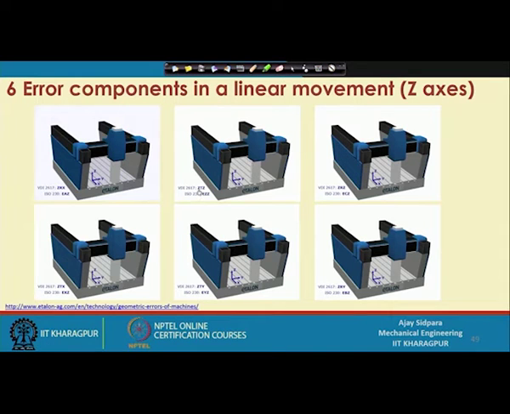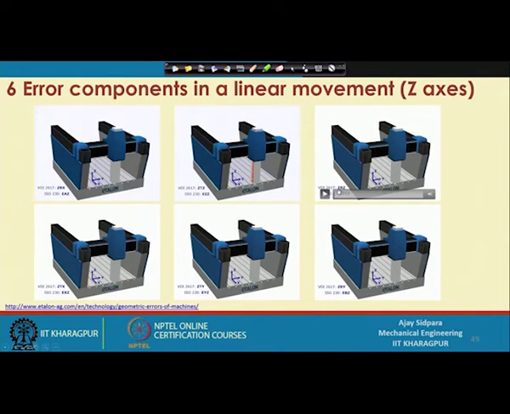Here, motion in the z direction and translation in the z direction. So, here we are getting that white color mark. This mark will be different when you get this type of error. Now, you can see the red color marks are not uniform. So, we are not able to get a uniform motion depth wise when you want to drill something or want to penetrate your tool into the workpiece.